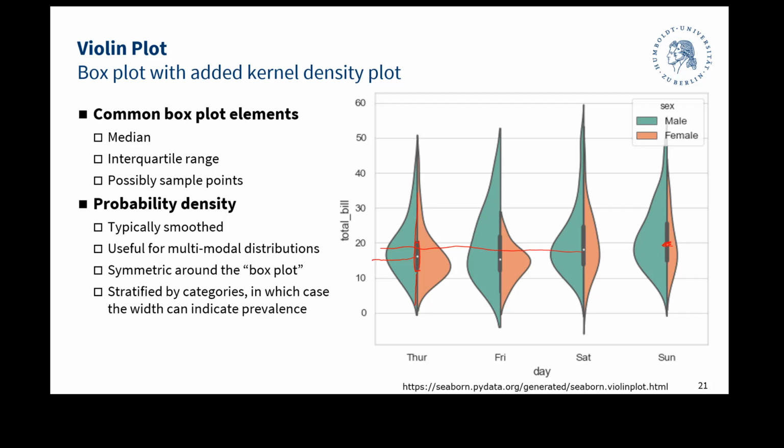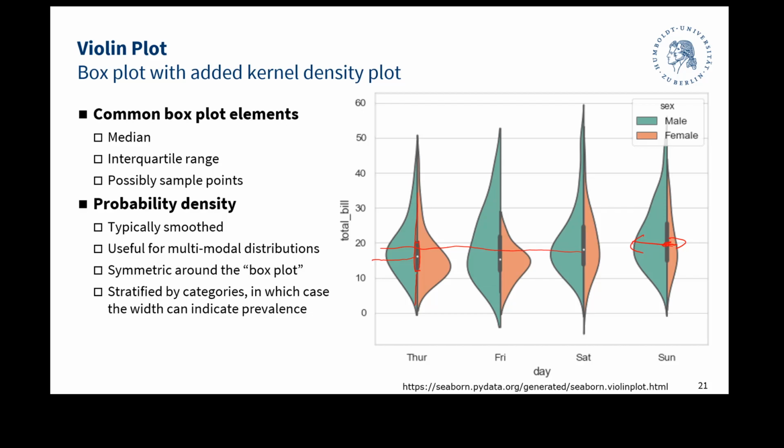On Sundays, the behavior between males and females appears much different, but I need to tell you that in my interpretation, I'm actually referring to the size of the groups, because the width of these violins, of the sides of our violin, that's probably a better way to refer to that, but you see what I mean. The width of these things,